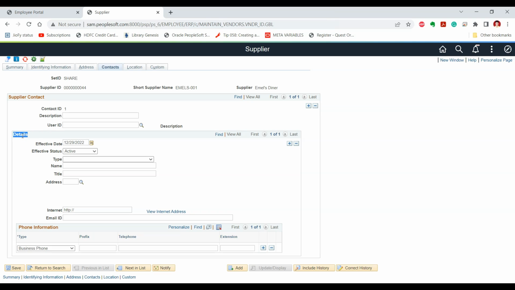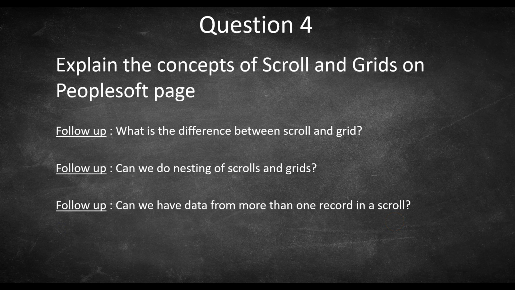And inside this supplier details, we have nested another grid, which is the phone information. This will be at level 3. Another follow-up question is that can we have data from more than one record for a given scroll or a